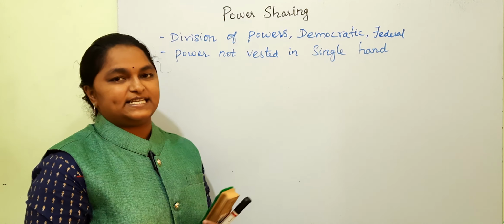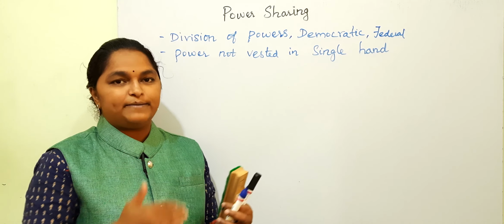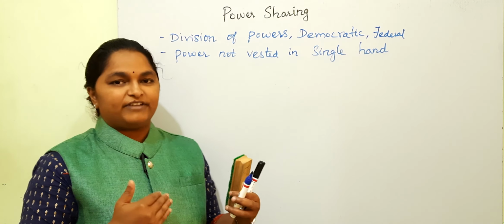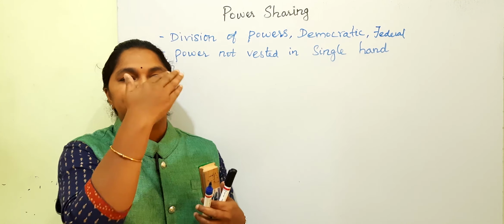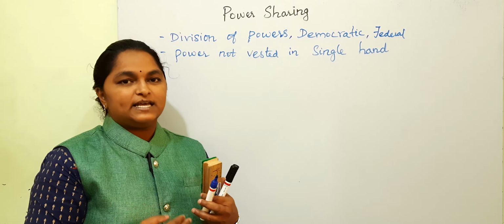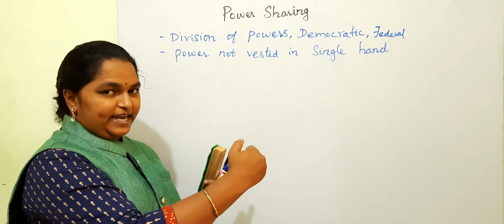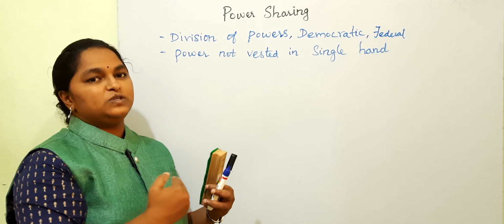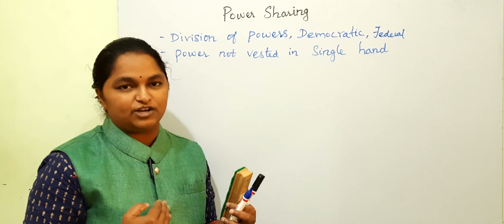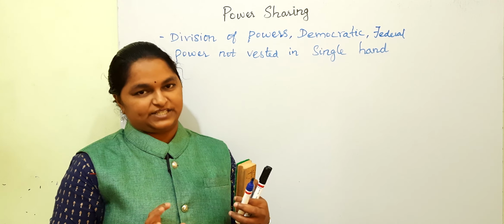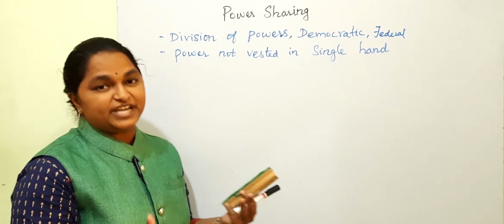What is federal in the sense? It is not unitary. Federal means the power is divided between different levels of government, for example, central government, state government and local government. This is the federal structure. That means everything is subordinate to one another. For example, the state government is subordinate to the central government and the local government is subordinate to the state government. So this is the federal structure. Fine. Now we will see how the power is shared.